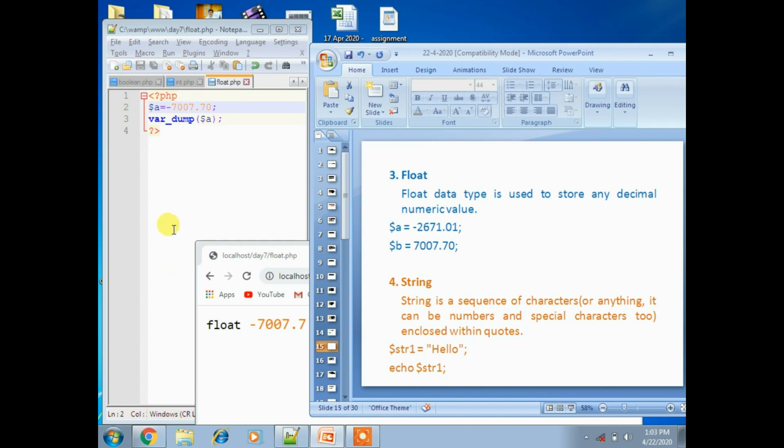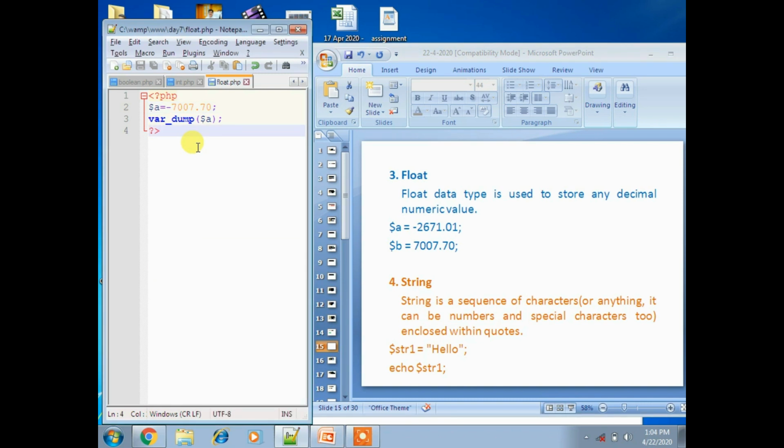Same thing, I'm taking another new notepad. Now here, <?php, and then I am using a variable $x equal to "Waymo". Now $y equal to 'Institute', so I am using single quotation here instead of double quotation.